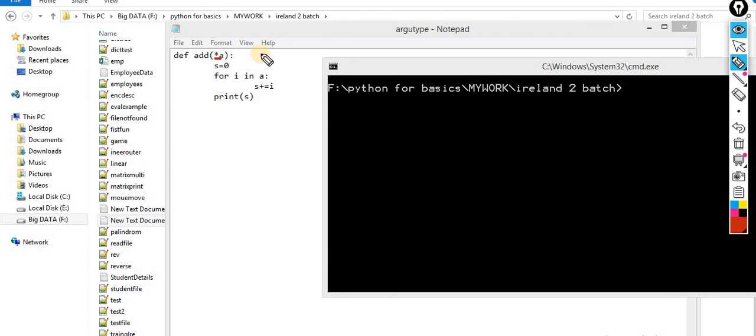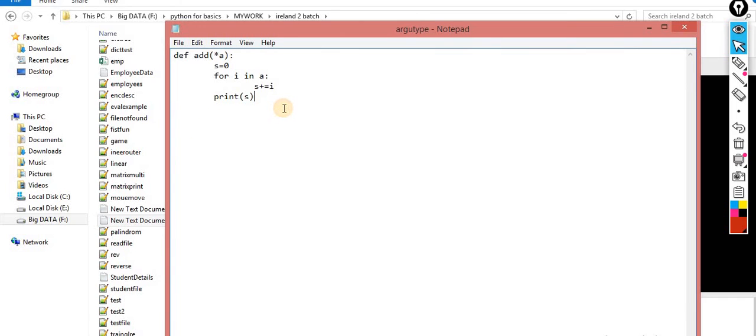So here I pass an asterisk sign before a. It is not the concept of a pointer, don't associate it with pointers, because in C++ whenever you define a variable like this, it is treated as a pointer, but here it is not a pointer, it's the concept of variable length arguments. So what is the meaning of this? Now half of the picture is clear. When I show the use case of it, you will automatically understand the concept.